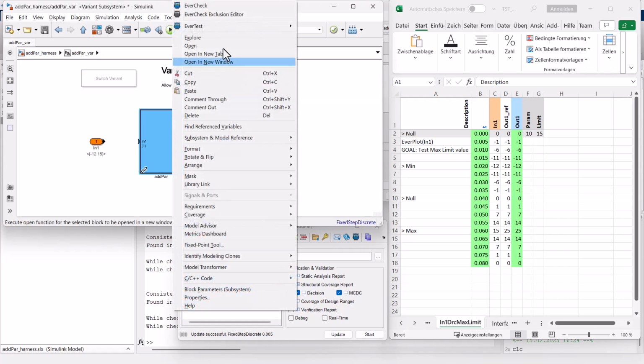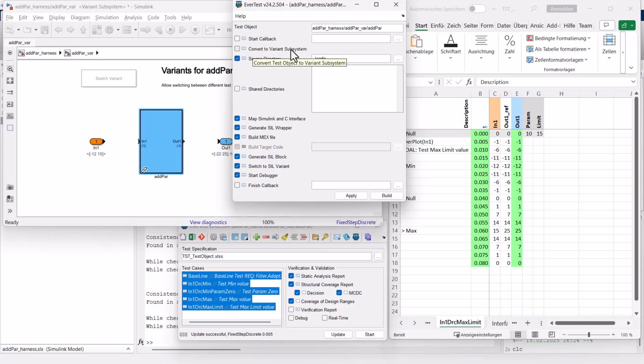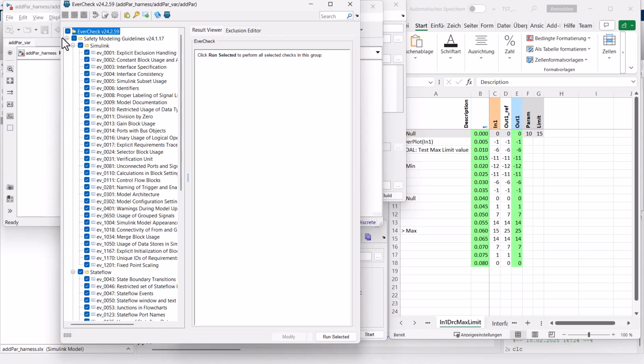So the next step, we already converted the system to the variant subsystem. We don't need to do it anymore. The next step would be to define which is our source directory. Remember, we did not generate the code yet. Let's generate the code. For that reason, we are using EverCheck. If we now run EverCheck,